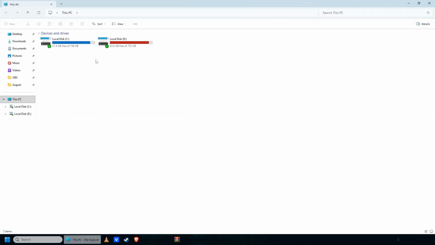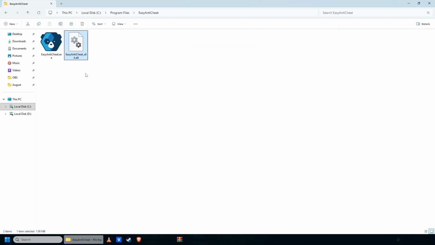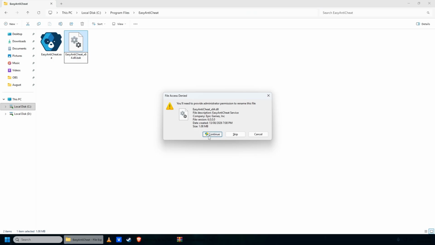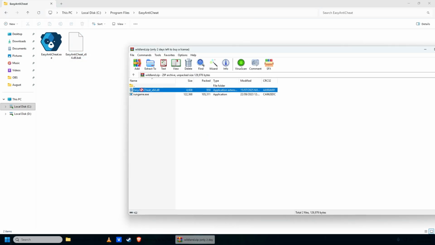and then you're going to go to the Easy Anti-Cheat games folder again, and here you're going to rename this Easy Anti-Cheat x64 by putting a .bak at the end, and extract this Easy Anti-Cheat file here,